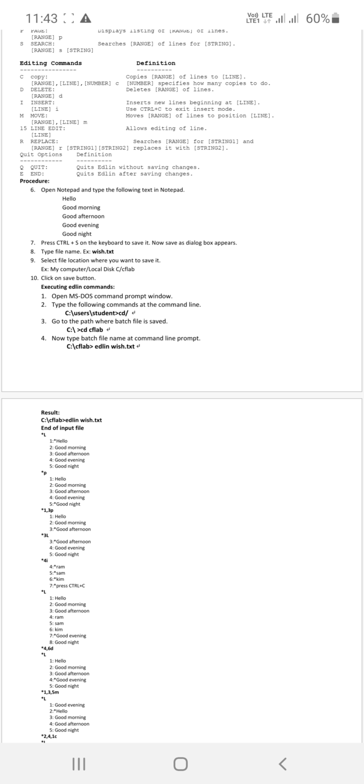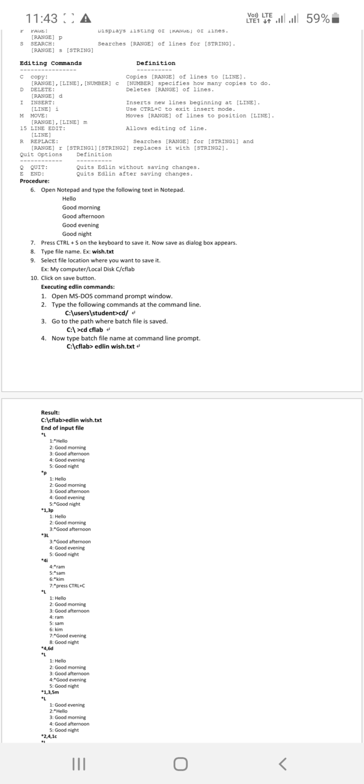Now the command prompt will look like this: C:/CFLab greater than. Now I have to execute the Edlin command with the text file, that is wish.txt. So type Edlin space wish.txt. After that press the Enter key.